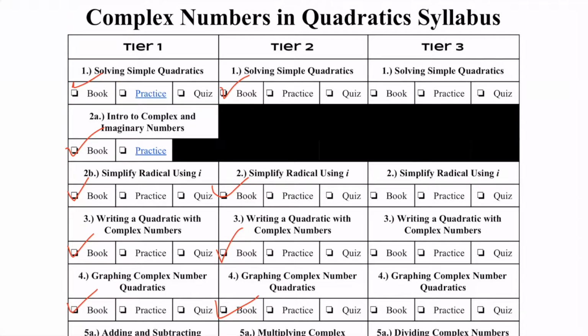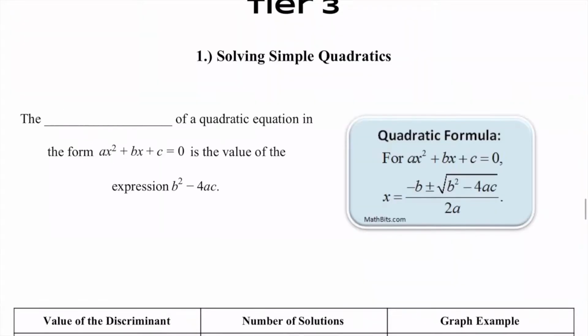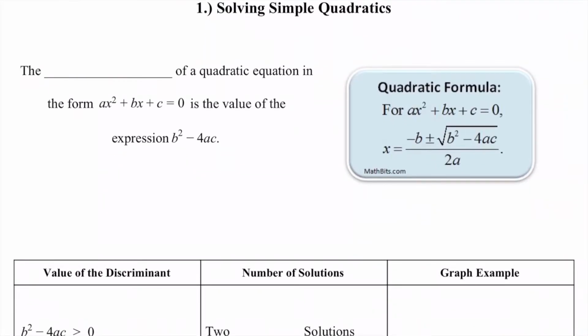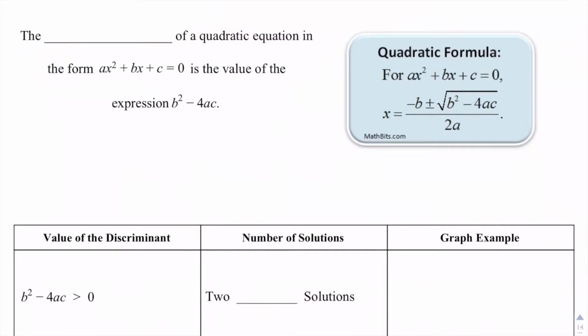We're back in our complex number syllabus, and we are finally into Tier 3. We're in Lesson 1, Tier 3. We're going to check that off our booklet here. With Tier 3, Lesson 1, Solving Simple Quadratics, we're going to introduce you to a new vocabulary term and a new concept. It's called the discriminant